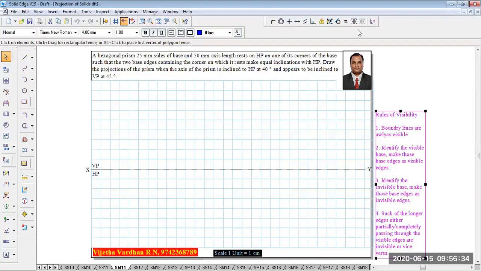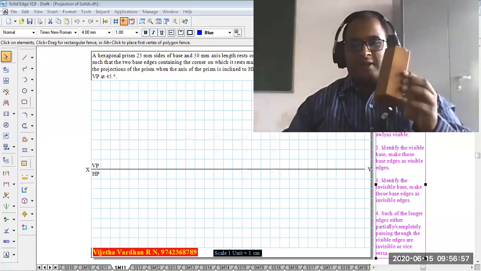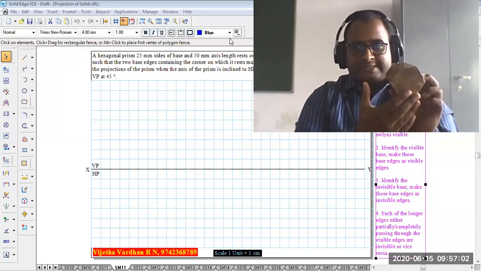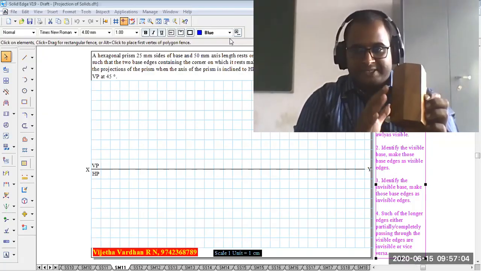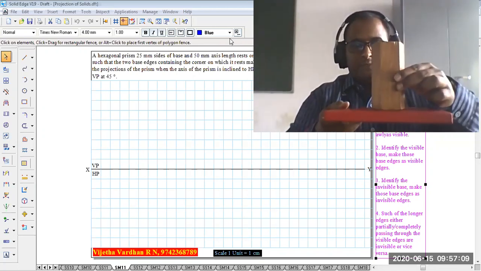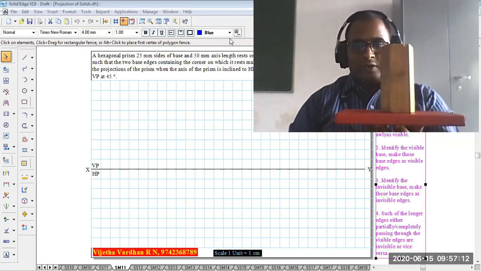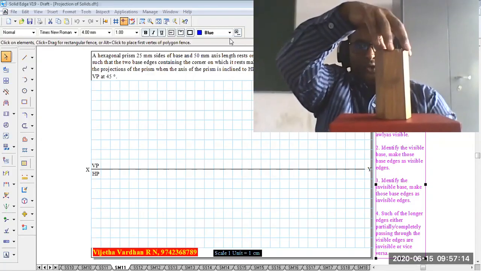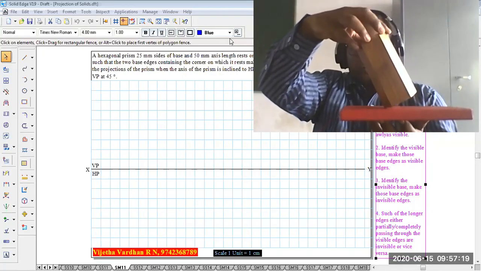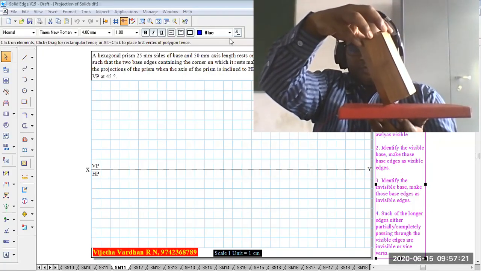So according to the given condition, let me show you the actual position of the solid first. Then I will show you how to do it in the booklet, that is in the grid book, manual drawing. Now, you can see that this is called a hexagonal prism since the shape of the base is a hexagon and this is a solid called a prism. Hence, we call it a hexagonal prism. Now, the hexagonal prism is going to be positioned like this. It is resting on one of its corners. When it is rotated in the clockwise or anti-clockwise direction, whatever it may be,